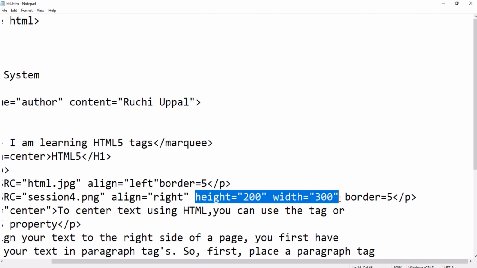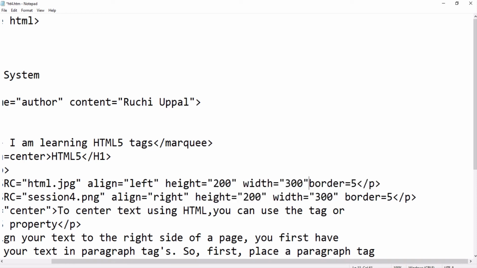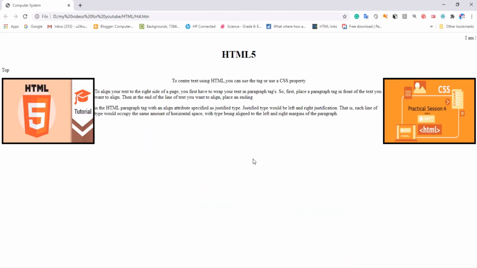Okay, just wait, control C. Okay, I will mention it here. Fine, let's check again F5. It is looking now quite good, of same size, left side also and right side also with the border. You can see the border around the image. Okay, so this is how you can add the border to an image.